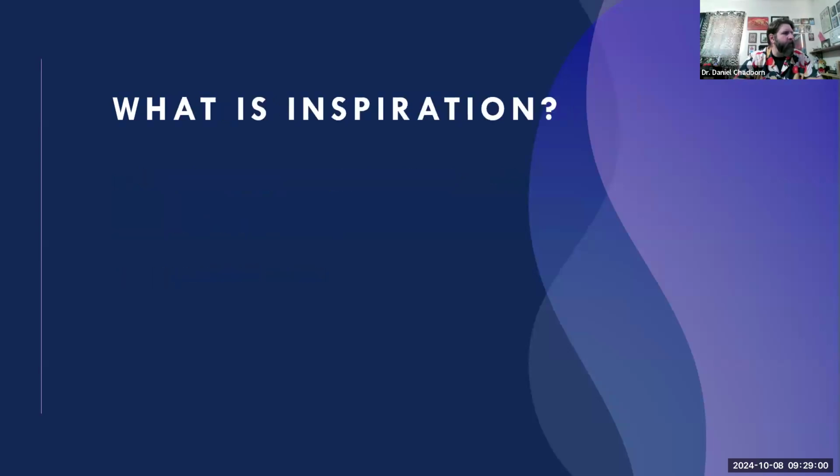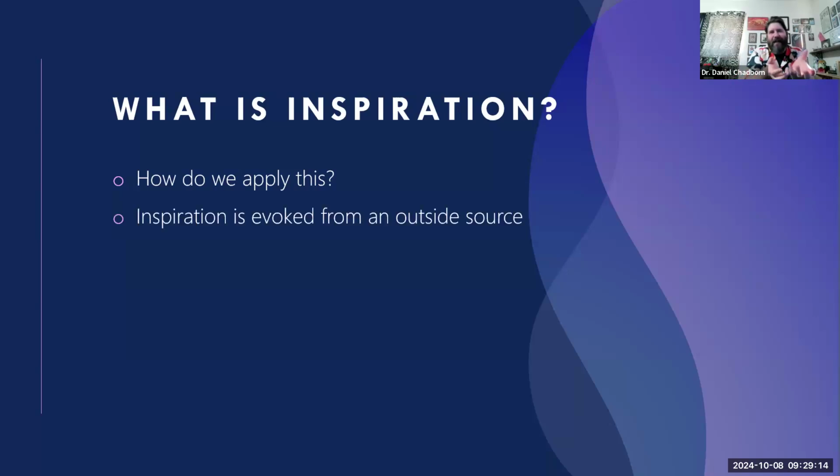So what I've been thinking of over the last year or so, and I'm currently waiting to see if we're going to get funding from a grant on this, which will determine whether or not for the next year and a half I'm going to run an application-based study. It's this idea of how do we apply this to different groups? If we look at something like inspiration, we know that it is evoked from an outside source. And for the person, we would say that that could come from their group identity, which for students enrolling in college,